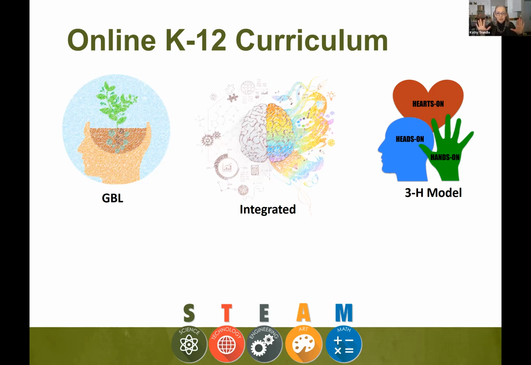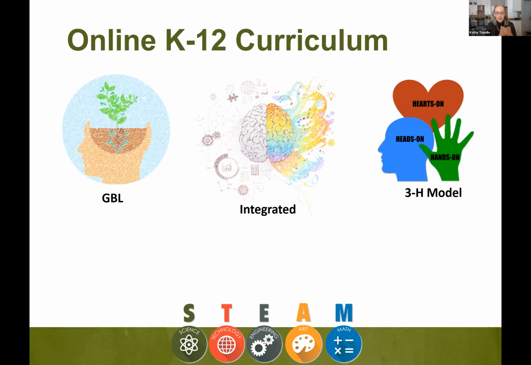The difference between the 3H model and the 5E model is that the hearts-on, the affective or emotional, is given equal weight to the hands-on inquiry and the cognitive heads-on learning.